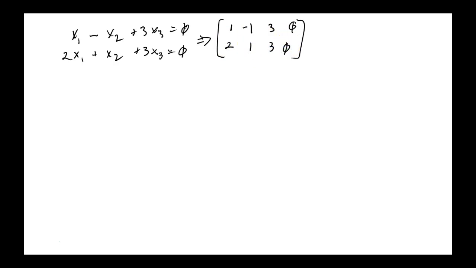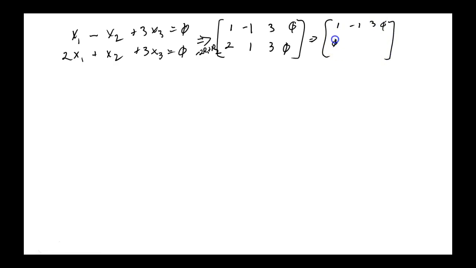Now, in Gauss-Jordan elimination, what's the first thing you want to happen? One in the upper left corner, you got it. Done. We didn't have to do a thing to get it. It was there already. What do we want to happen next? 0 beneath it. So how do we make that happen? Minus 2 row 1 plus row 2. That will do it. So we leave row 1 alone: 1, minus 1, 3, 0. And the new row 2 will be